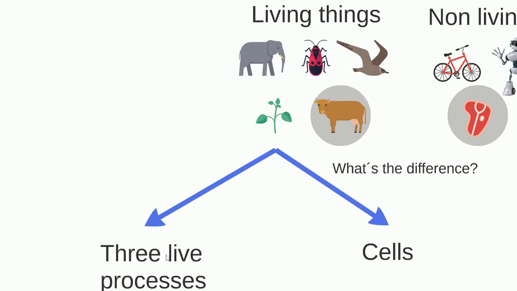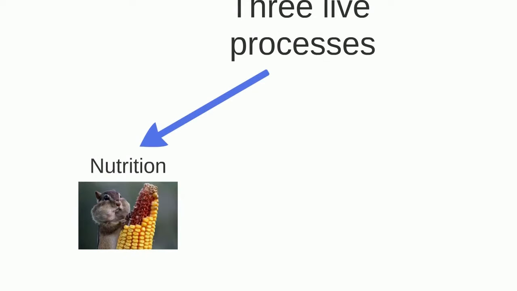So we need to know these two characteristics to be able to analyze the difference between living things and non-living things. Let's see it. First, the three life processes. This is something that we know from previous years, but we are going to review it very fast. We know that the three life processes are nutrition. Nutrition is the skill that living things have to take energy or matter from the environment